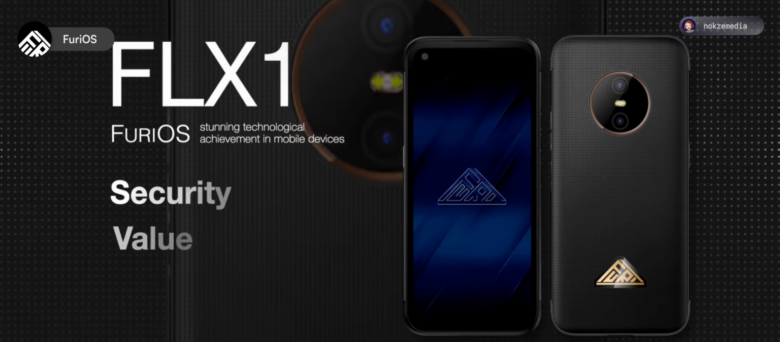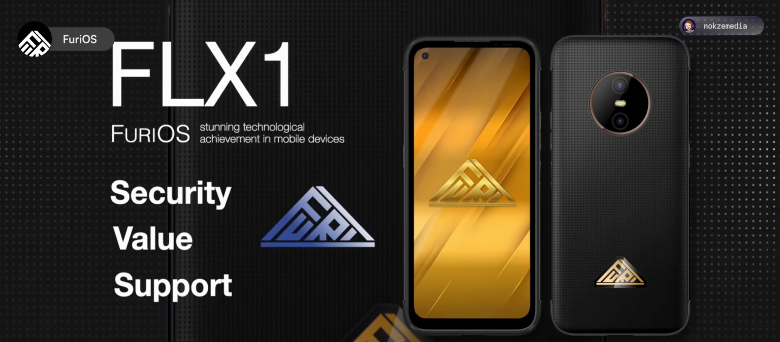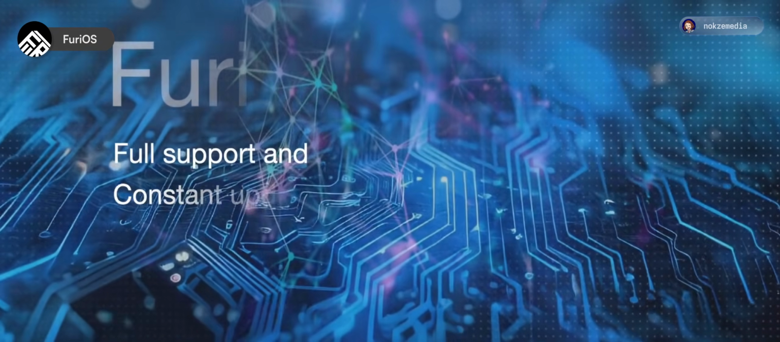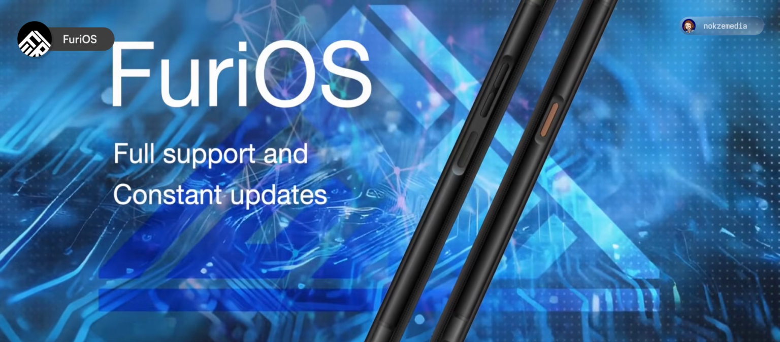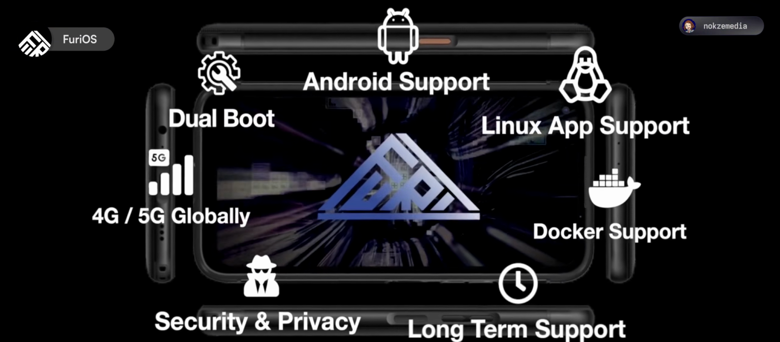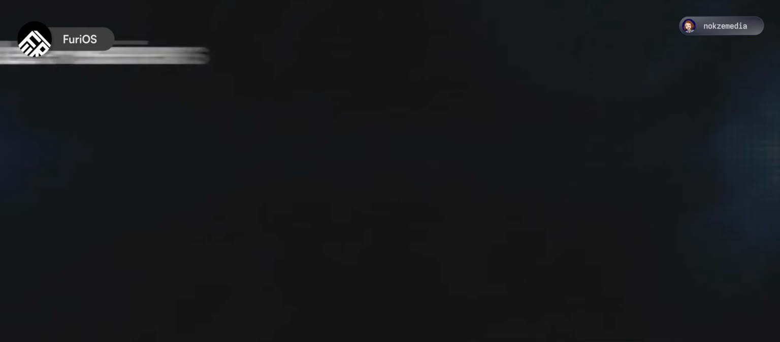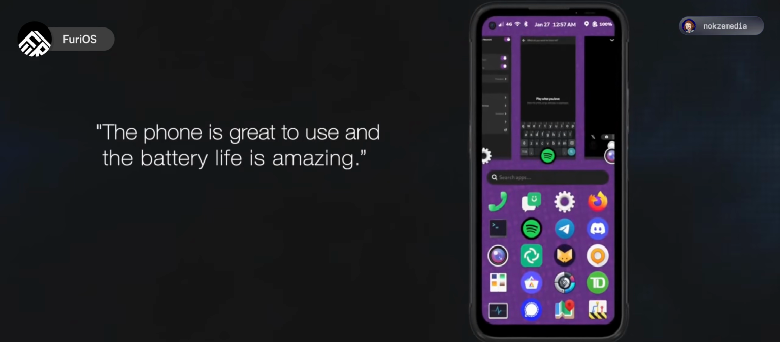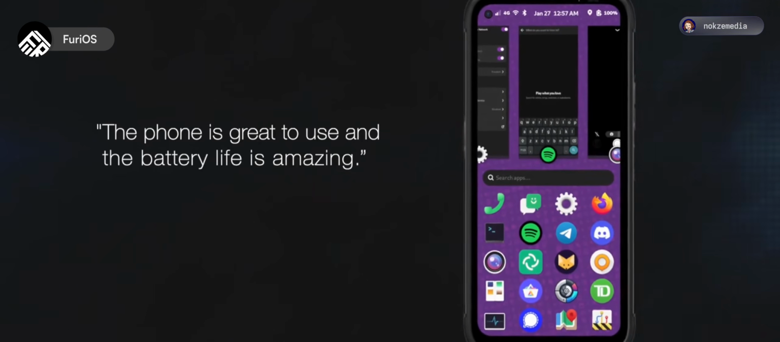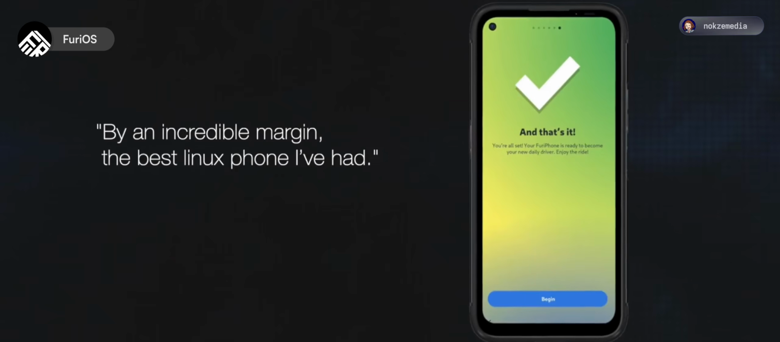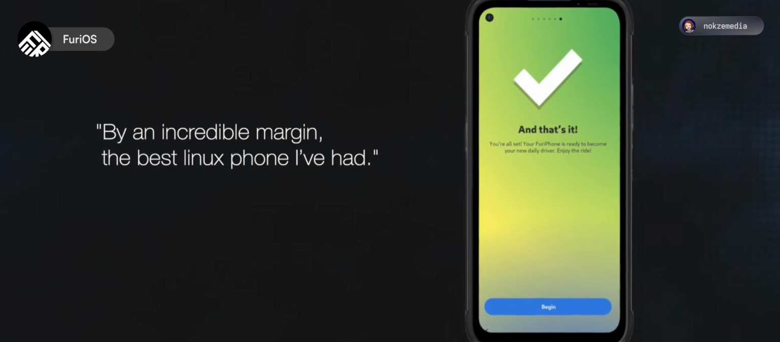Originally released in 2024 alongside the Furi FLX1 smartphone, it's a fork of Droidian, a Debian-based Linux distribution that aims towards convergence, compatibility with Android and Linux apps, and providing a seamless experience overall, all while being reasonably priced at $550 US. The reason it was able to run Linux with almost no issue on hardware like this was made